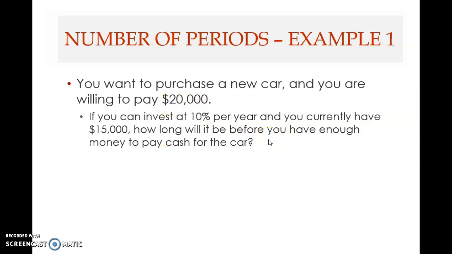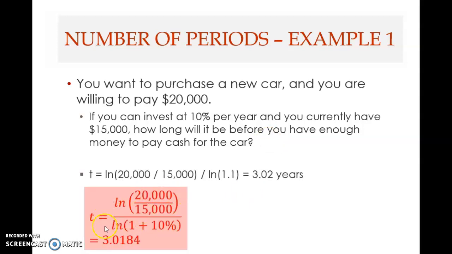So we can apply the formula here. This is the formula: natural log of future value divided by present value, all this divided by the natural log of 1 plus r. So when you do that, you get 3.0184. This means that it will take roughly slightly more than 3 years